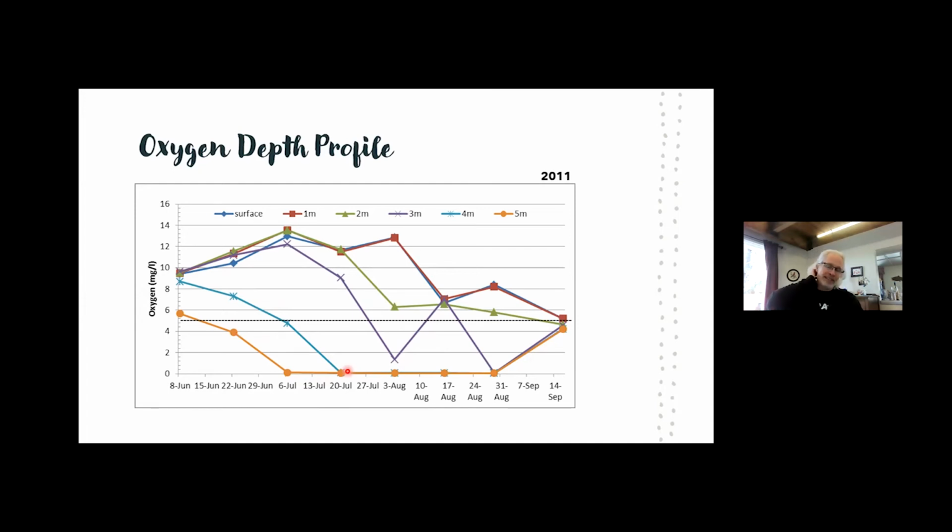So these kinds of situations in the oxygen profile will lead to reduced decomposition in the bottom substrates. Anaerobic decomposition is much slower than aerobic decomposition. And in 2011, we're finding this. And again, this is a year when the Alberta Advanced Ag bacterial product was being applied. So the bacteria are taking up oxygen, but these are the conditions. Now, if I go to the next year,